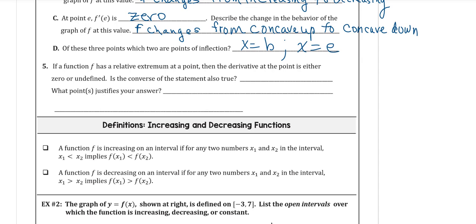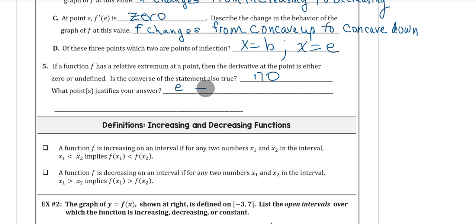If a function f has a relative extreme at a point, then the derivative of that point is either 0 or undefined. Is the converse of the statement also true? So the question is, if the derivative is undefined or 0, does that automatically mean that we have a relative extrema? And the answer to that is, of course, no. What point justifies this answer? And that would be